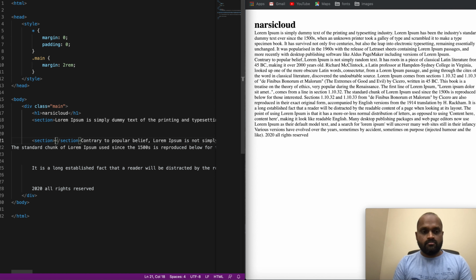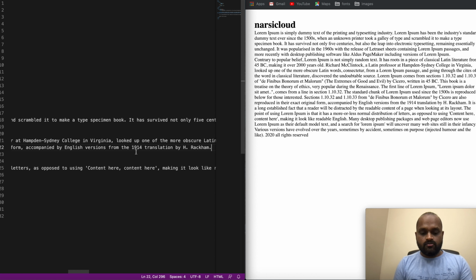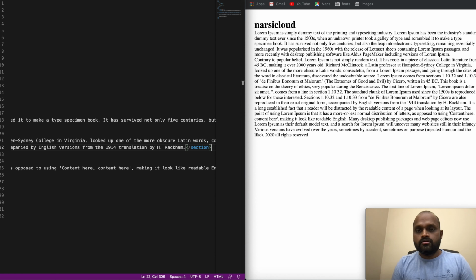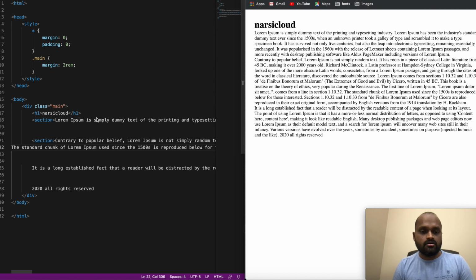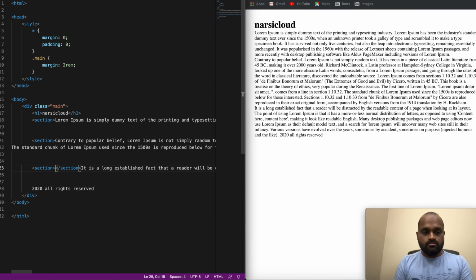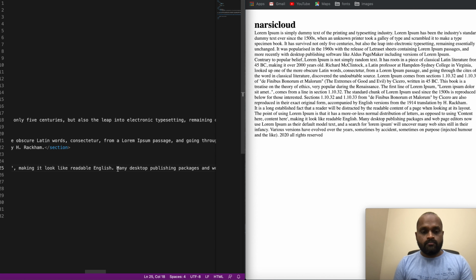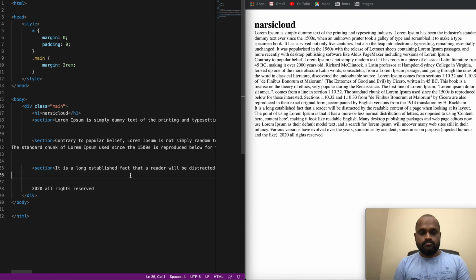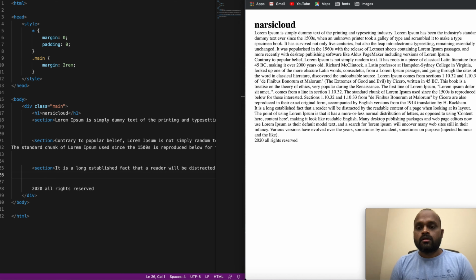That's the whole point of this section, and you do that here as well. You see here it got separated, and the third one, and here. Okay, right? So as you see here, these sections have got separated,